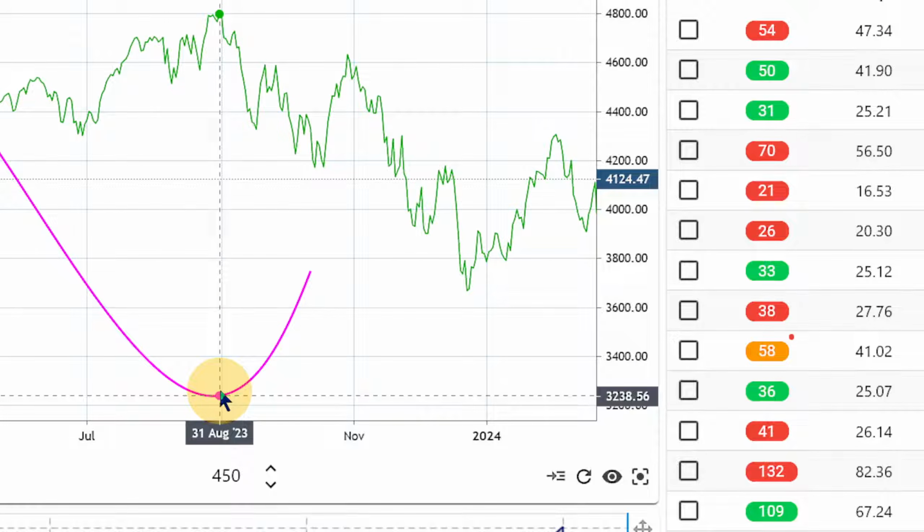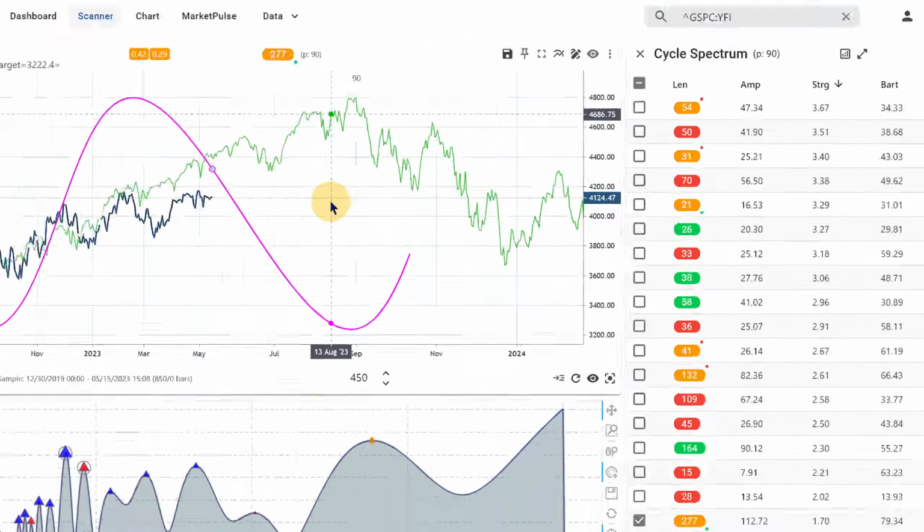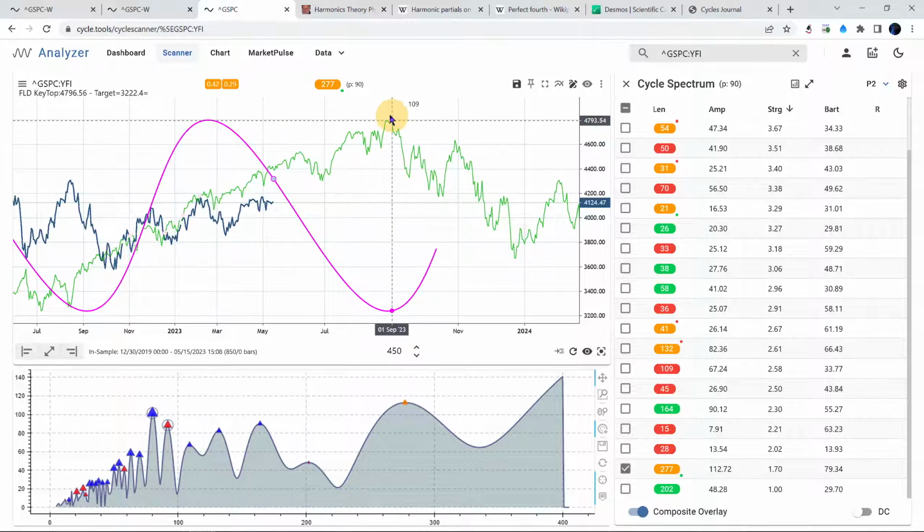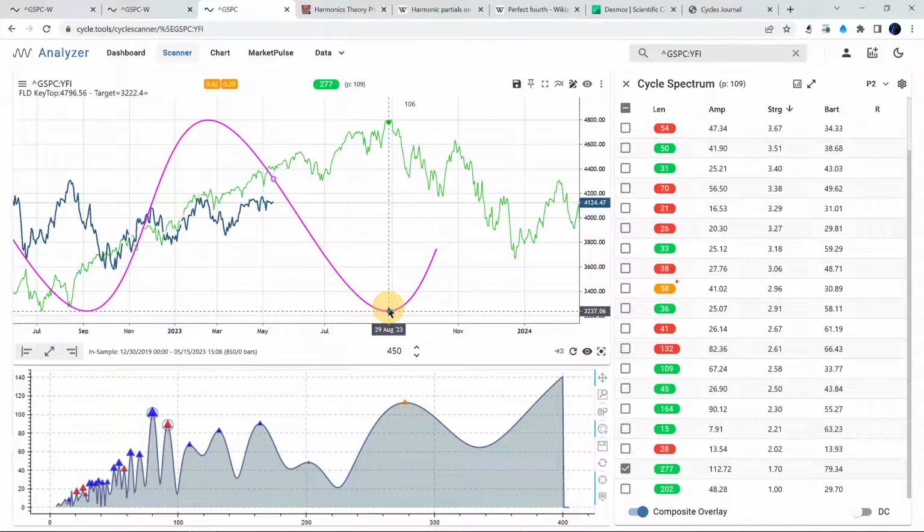So this harmonically related cycle with the current phasing and the skew factor also gives us August as possible down window for this daily cycle to bottom. I mean, that's no surprise that this is aligned with this cycle top here, because that's the skewness now of the analysis. So we combine the result from Hurst and the FLD, which gives us the phase shifting. We convert it to a skew factor to update our cycle model.